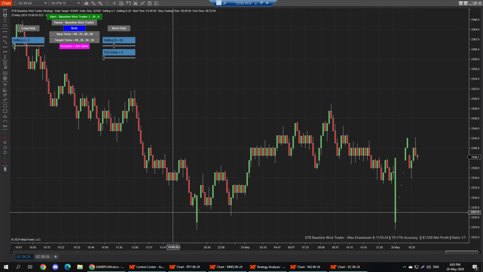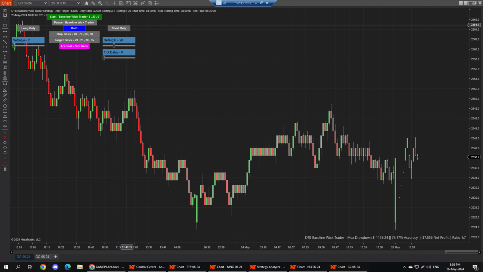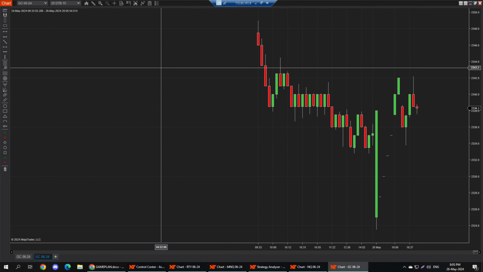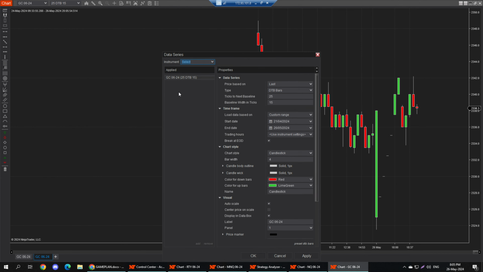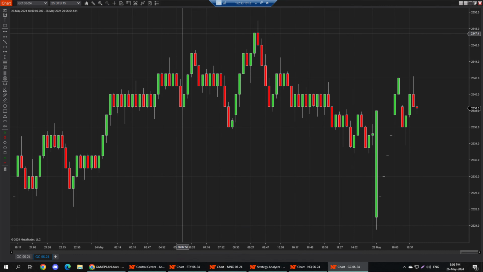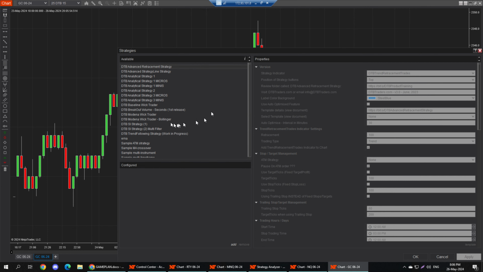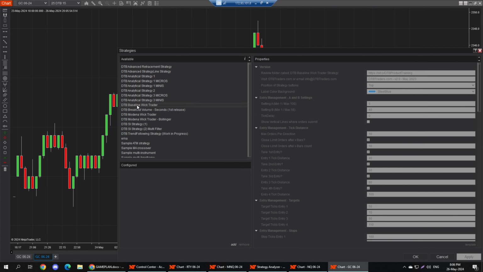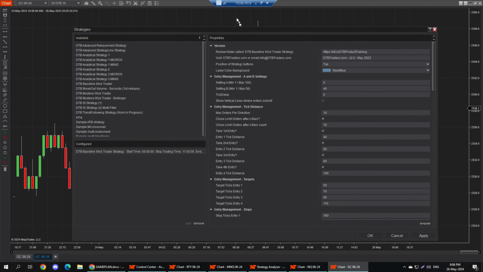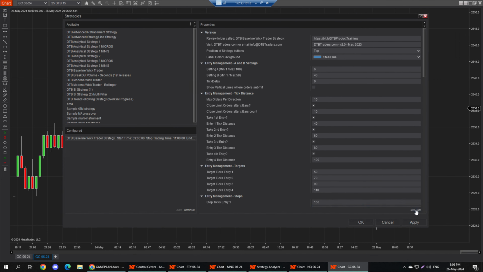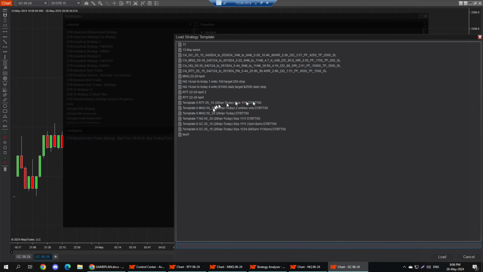So the second tab, so the first tab of the strategy is going to be trading from 3 a.m. to 8 a.m. The second tab of the strategy, this one over here, I'm just going to load the right dates. So 28th of April to today. Okay. We're going to go to the strategies and load up the baseline wick trader. And we're going to template, load, and select the